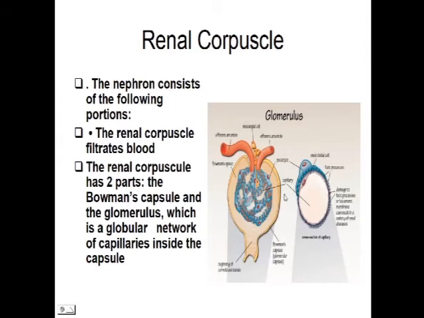The visceral layer of the Bowman's capsule covers the glomerulus and invests it closely. It is composed of a single layer of specialized epithelial cells which are known as the podocytes. These are the podocytes, which are stellate or star-shaped cells, and they are modified to perform a filtering function.